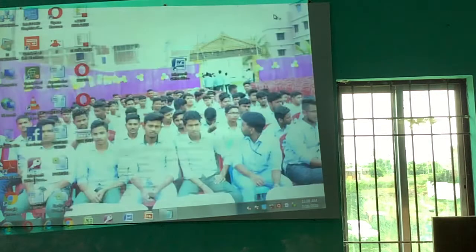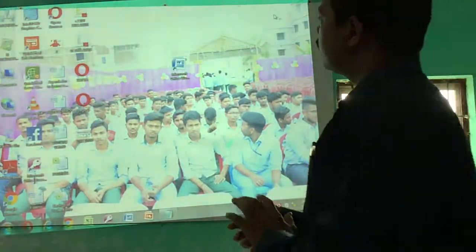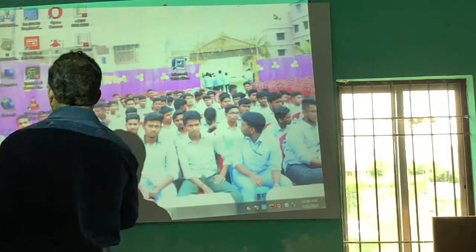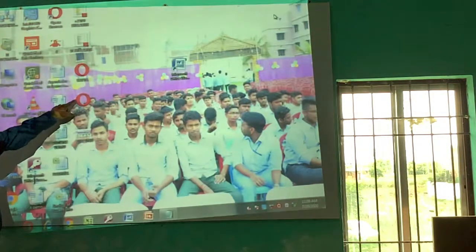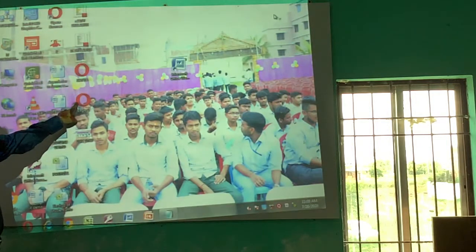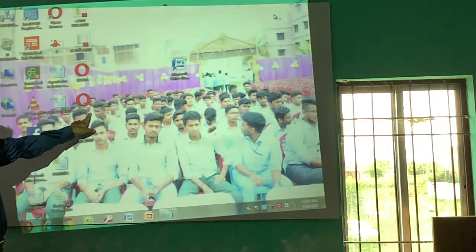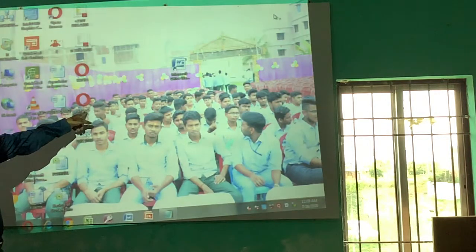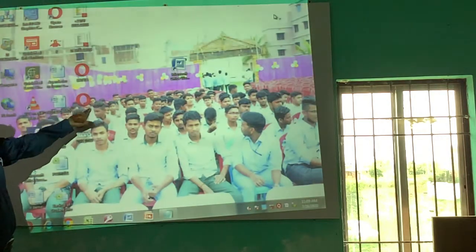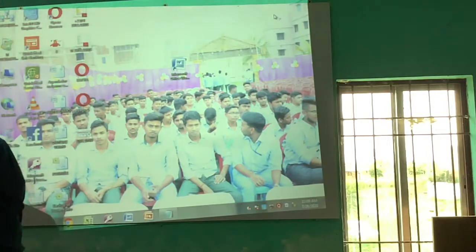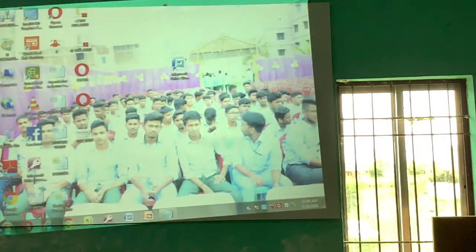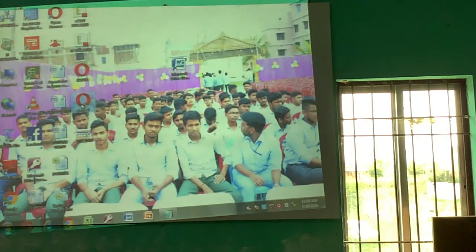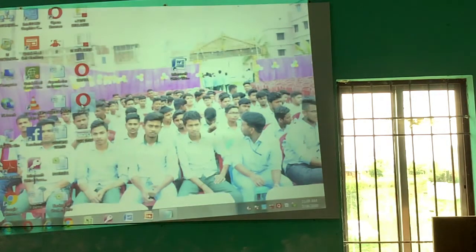After minimizing, now tell me where it is. See, this is the icon of the Opera browser and the name given was page 1. So this is our web page. Just double click on it.